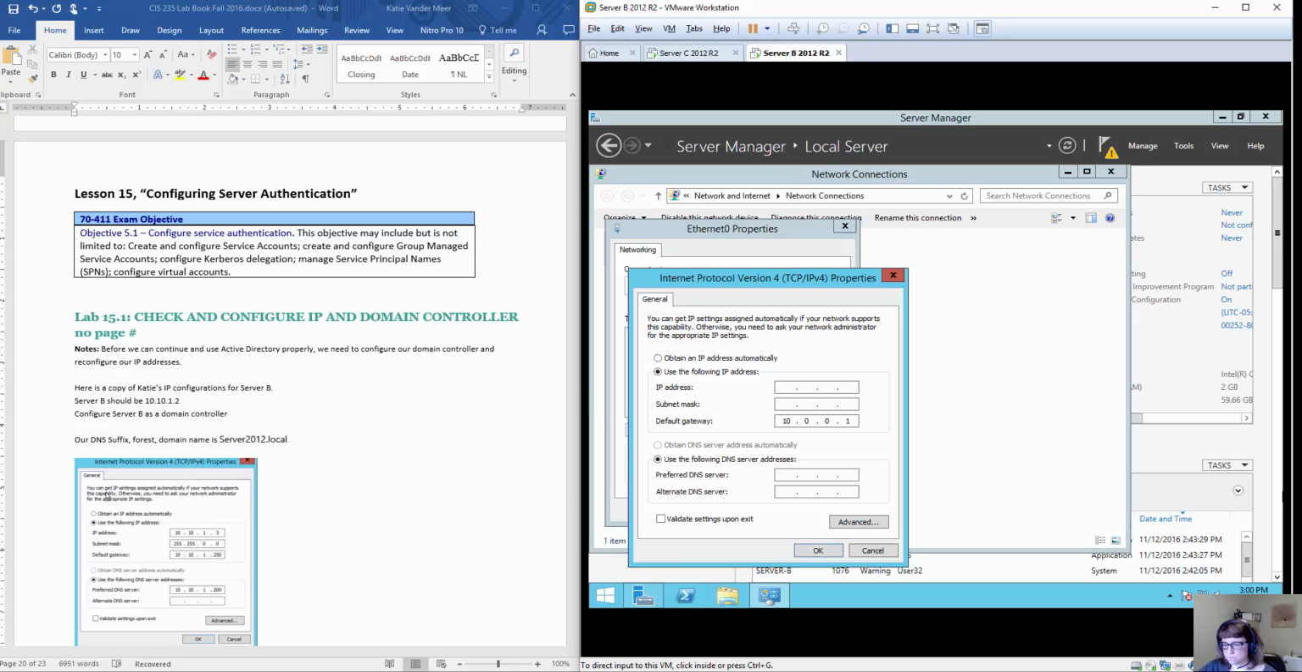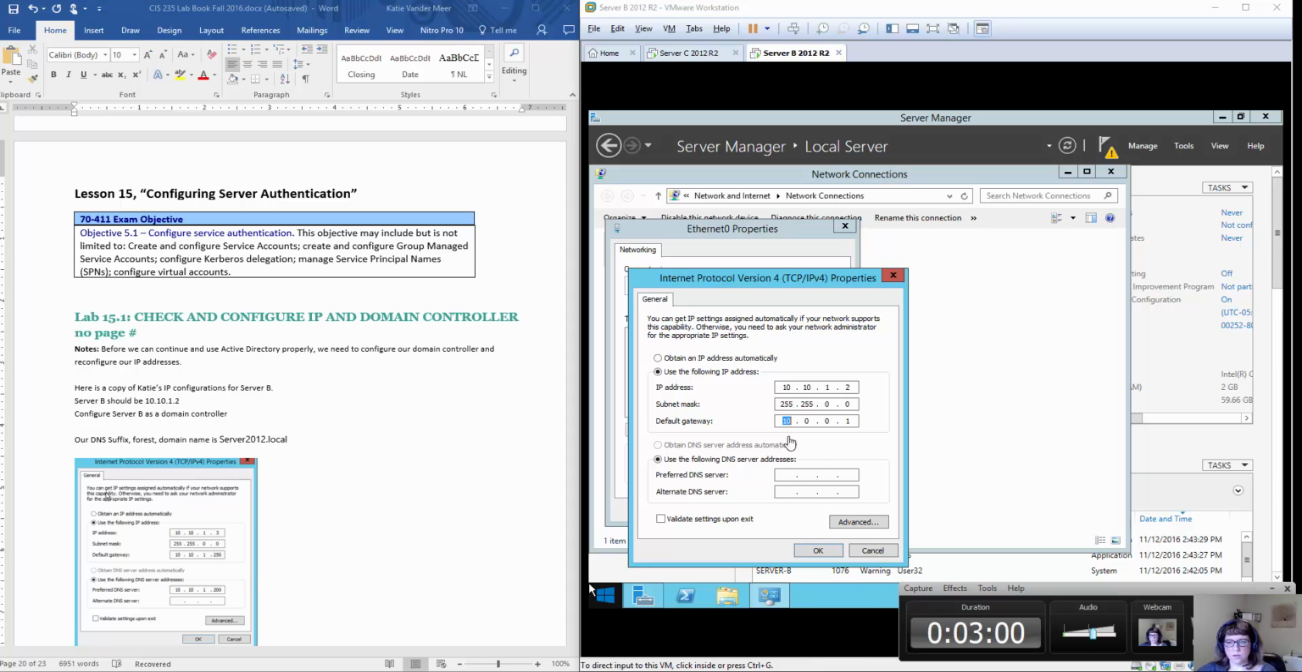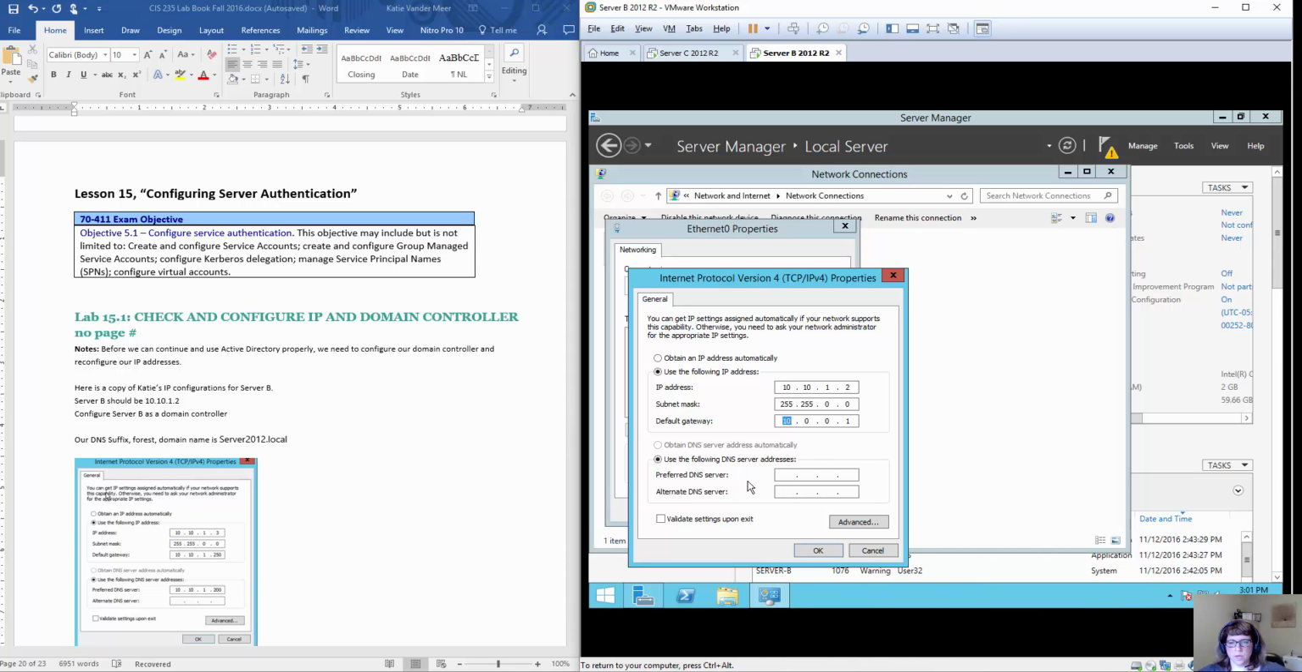10.10.1.2, and I should list the other information too. Now we're changing the subnet mask to 255.255.0.0 because we have subnetting going on. And then we want to set our default gateway. Hold on, let me check my default gateway address, and we'll change that as well. Okay, the default gateway we're going to set to